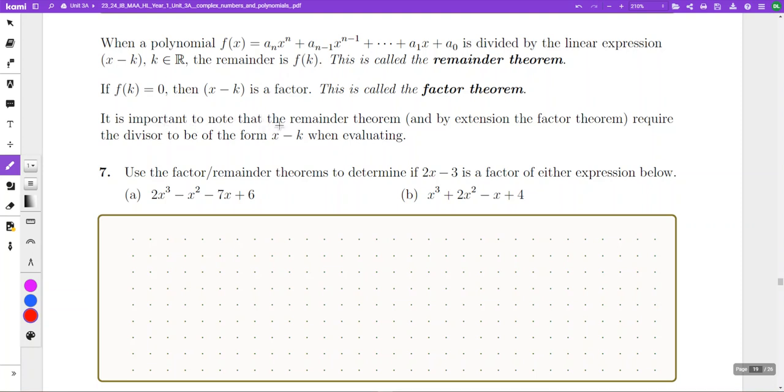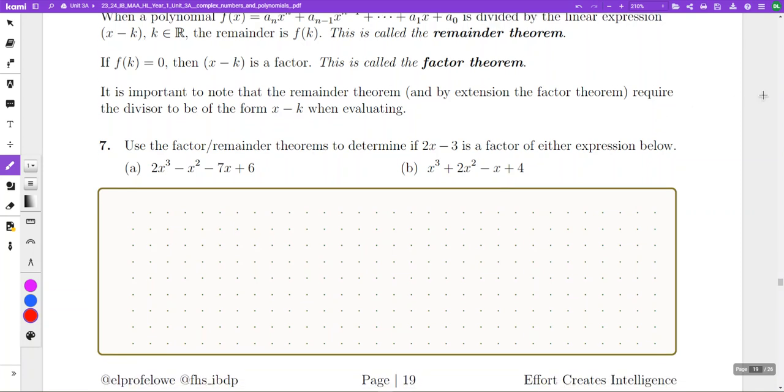It is important to note that the remainder theorem, and by extension the factor theorem, require the divisor to be of the form x minus k when evaluating. So let's look at our situation here. We want to use the factor and remainder theorems to determine if 2x minus 3 is a factor of either expression below. Basically we're saying, is x equals 3 halves